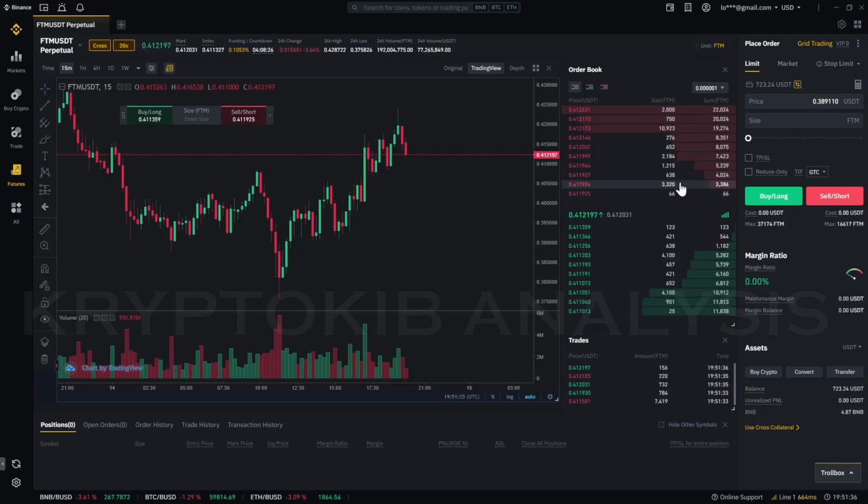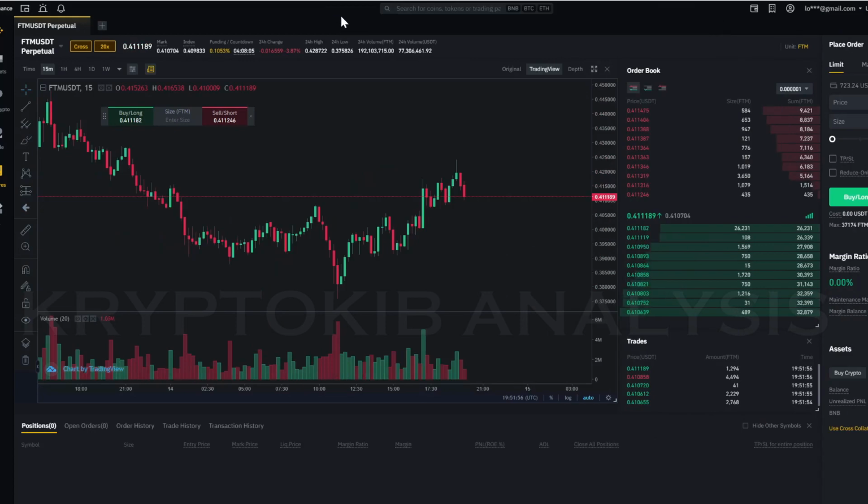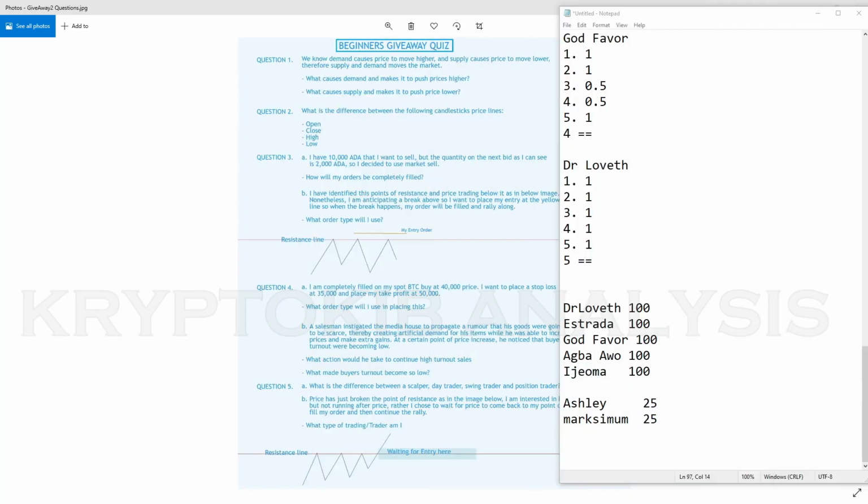So the market, once I click 10,000, because this order book is tiny, this is the size of FTM. I have 10,000 that I want to market sell, but all the quantity on this price line is not enough to fill my order. Then I click market sell. It will sell to everyone until the quantity I'm selling is met or until my order is exhausted. So that's it about the market selling.